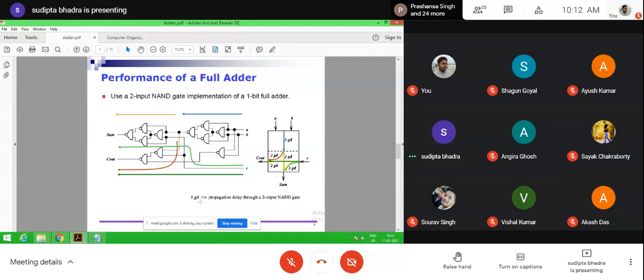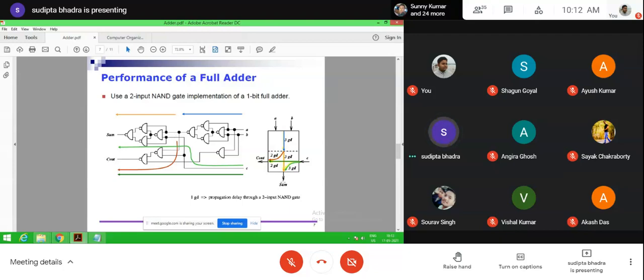Now if A and B are the inputs and C is the carry input, then in case of Cout, what is the gate delay? That gate delay is the number of NAND gates present to get the particular Cout carry out.